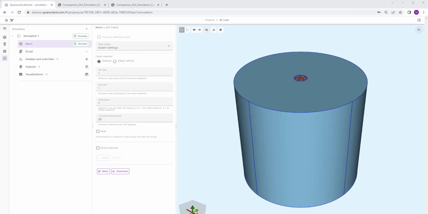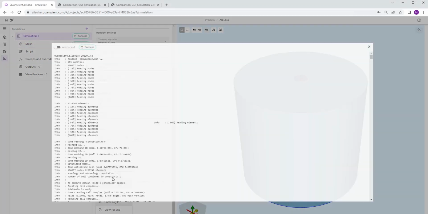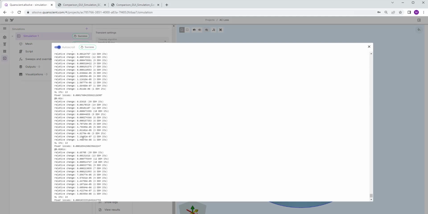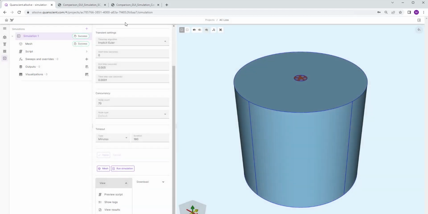So now we can take a look at the results of the simulation. We can first see the printouts in the log file. So we see that for every time step we have a printout of the power losses. And then we can also take this data and compare it to the one from the paper that we reproduced in the GUI.